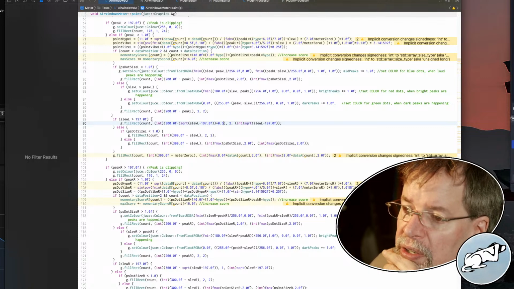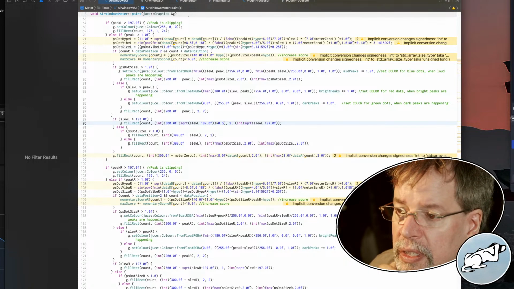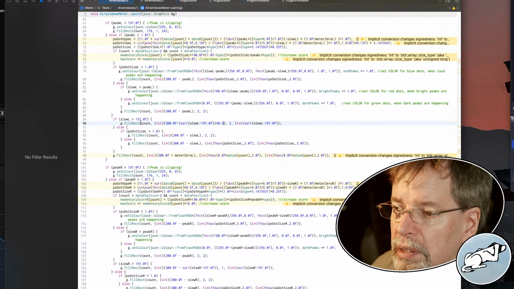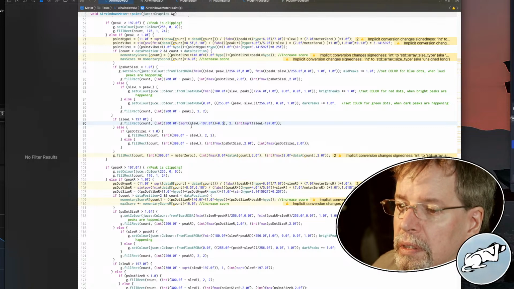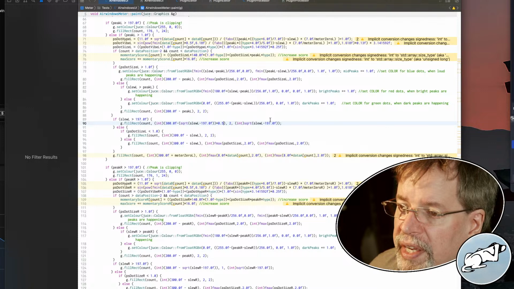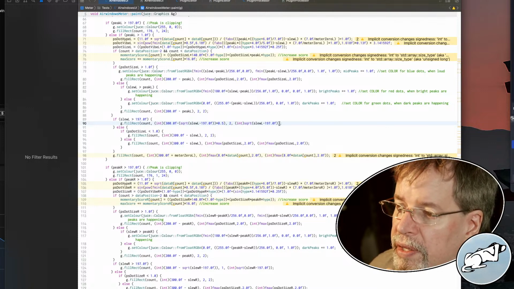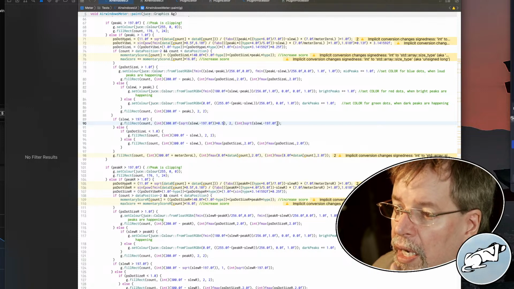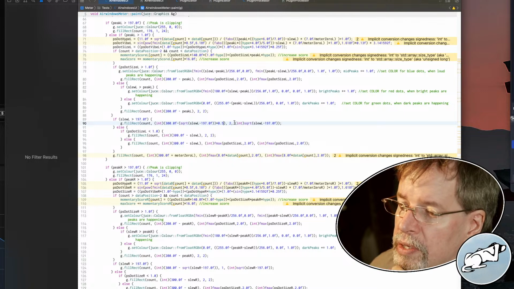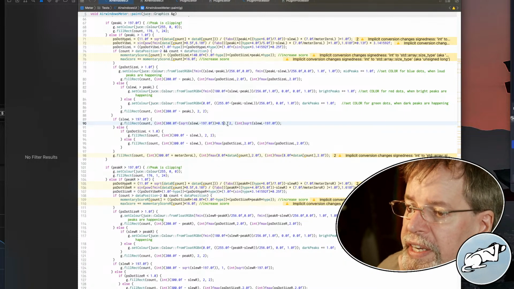If slew is larger than 197, I think this might just be the overslew indication. Yeah, I think that is. So with this, if the overslew indication does this,